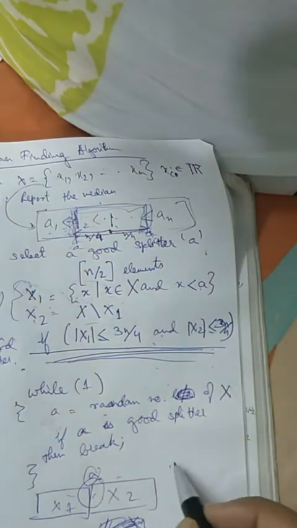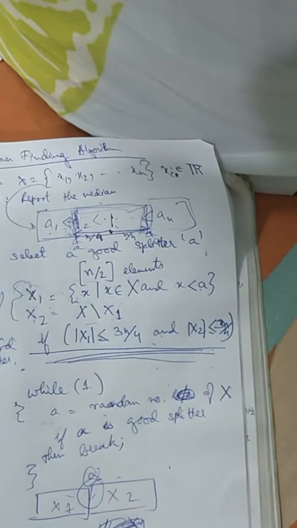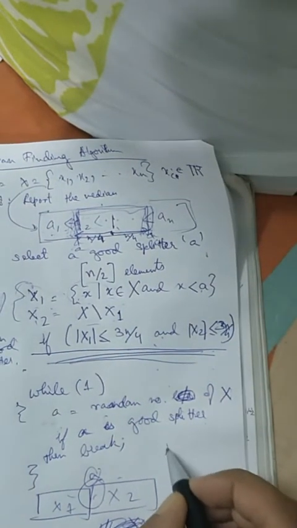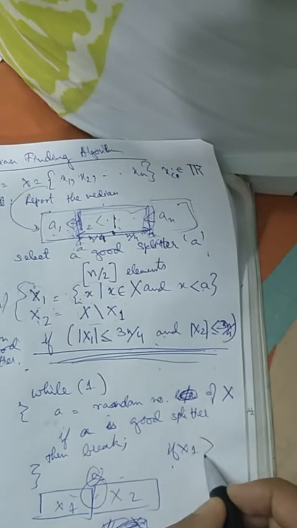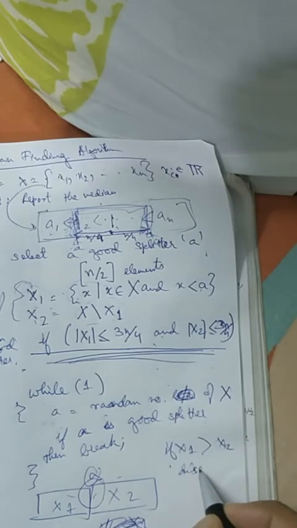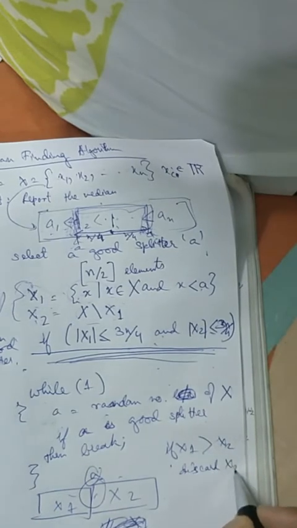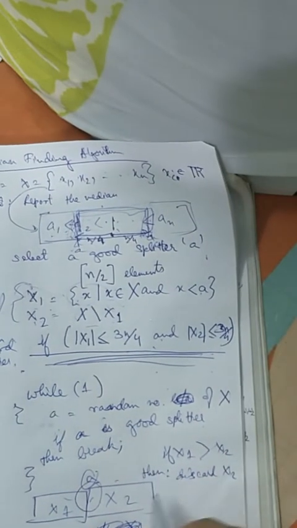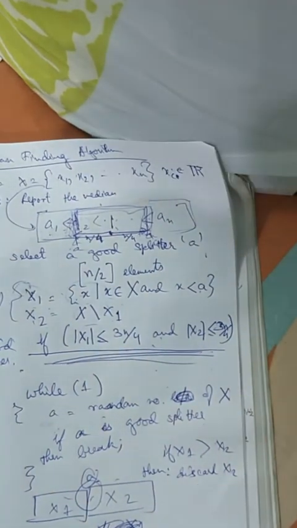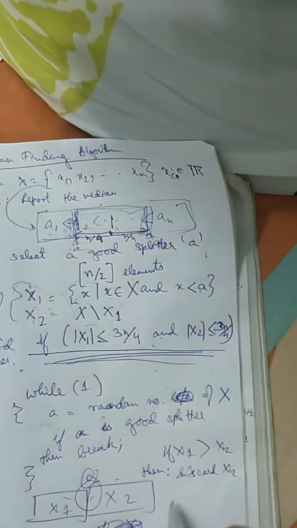If not, then we basically discard the elements in the small set, because the median will obviously be in the bigger set. So if x1 is greater than x2, then discard x2. Then in the next iteration we just pass on x1, and in